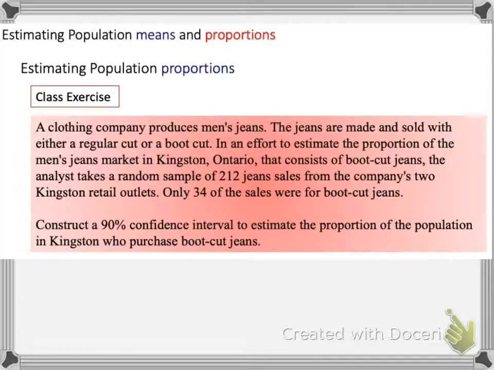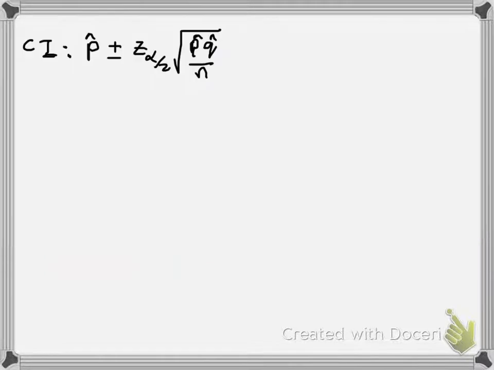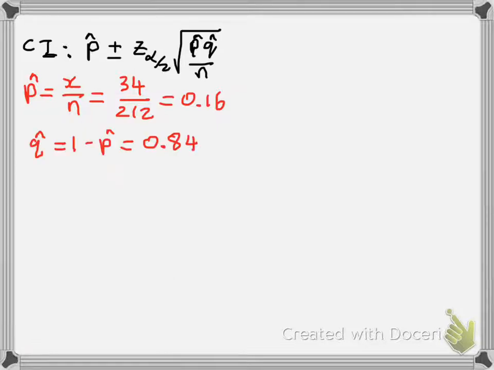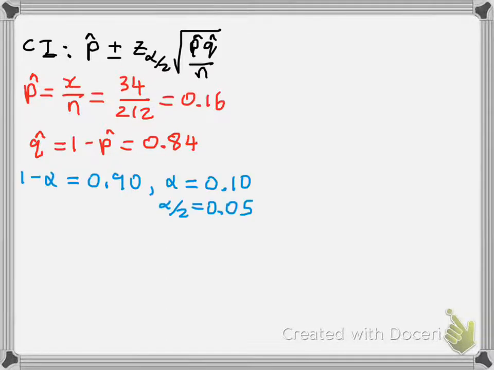Okay, so what proportion of the people who buy jeans purchase bootcut? That's what this question is talking about. Again, we are creating an interval estimate for the proportion. So the formula for that is as shown. The sample proportion, p hat, we are told that it's 34 out of 212, which is 0.16. Q hat, the complement of that, will be 0.84, and so the